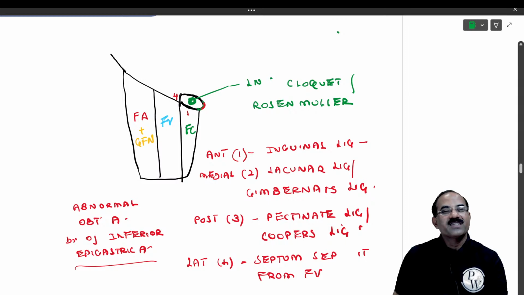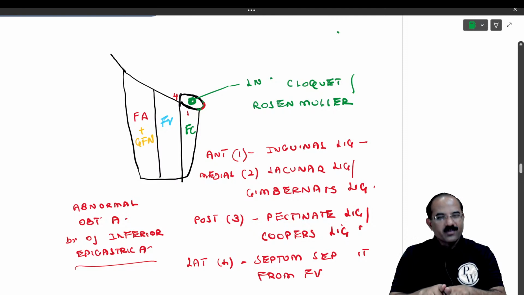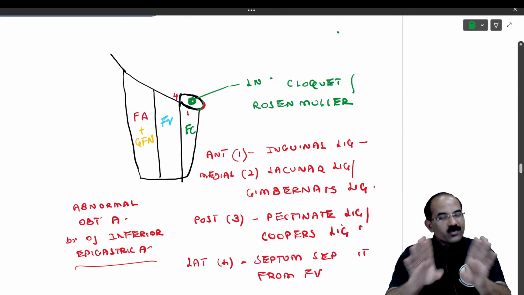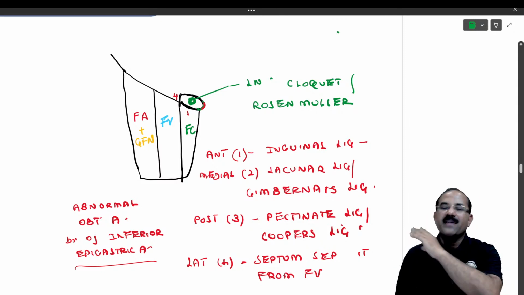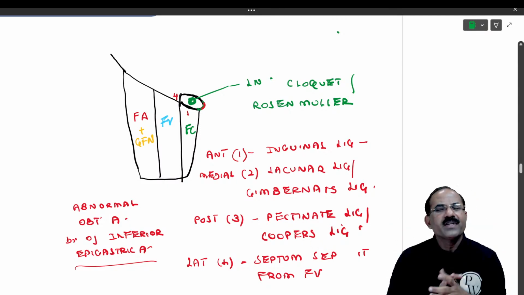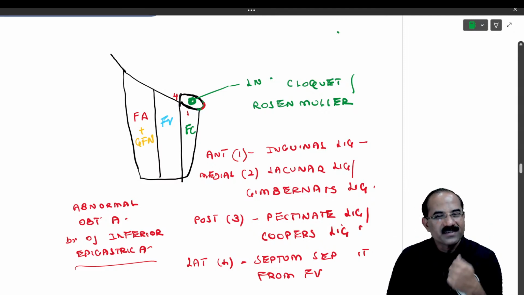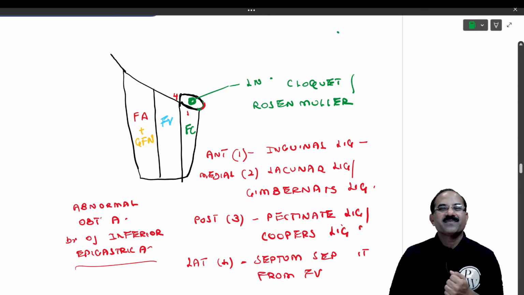So today what have we discussed? A small topic, the femoral triangle. I told you the boundaries of the femoral triangle: lateral, medial, and the base is formed by the inguinal ligament. We discussed the floor of the femoral triangle, lateral to medial: iliacus, psoas major, pectineus and adductor longus. Contents of the femoral triangle are the femoral vessels enclosed in the femoral sheath, the femoral branch of the genitofemoral nerve, the lateral cutaneous nerve of thigh, and lymph nodes, the deep